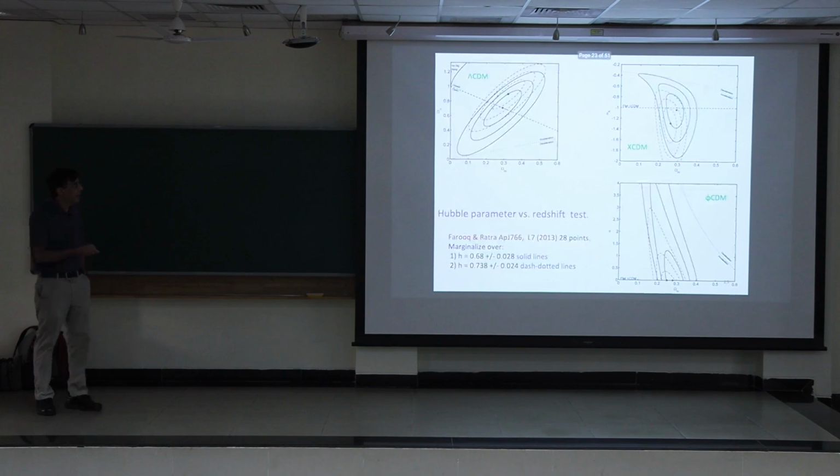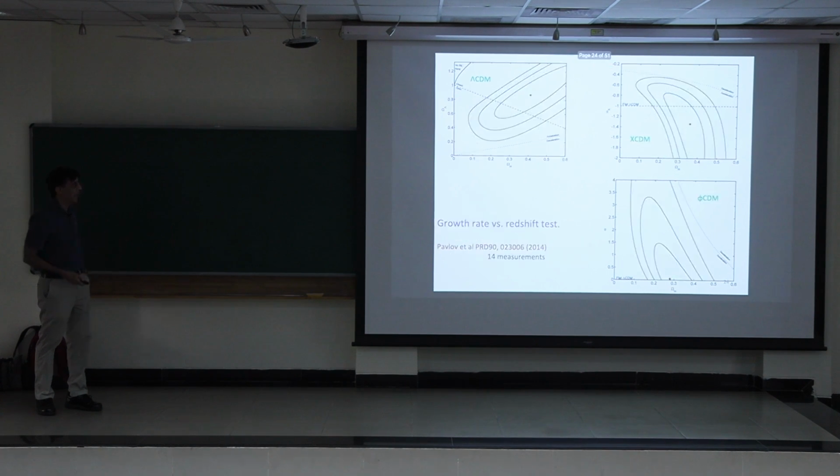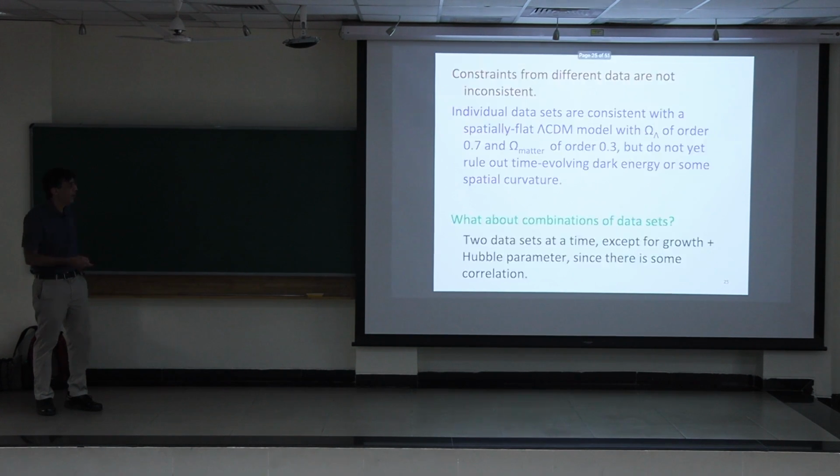So you can look at Hubble parameter data. And here, because the predictions depend on the value of the Hubble constant, you get 2 sets of contours. The solid lines are the 68 one, and the dash dotted lines are the 74. And so they move by about half a sigma. But the same thing's true. The standard model is right in the center pretty much. And there's lots of room for space curvature and dark energy dynamics. And the same thing's true here for growth factor, but the contours move around.